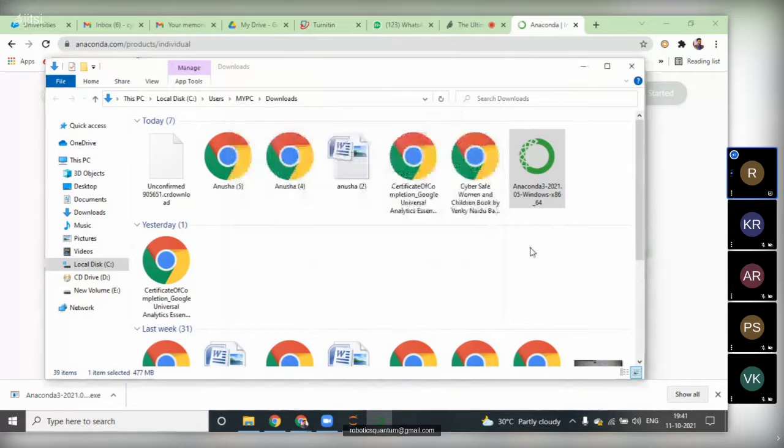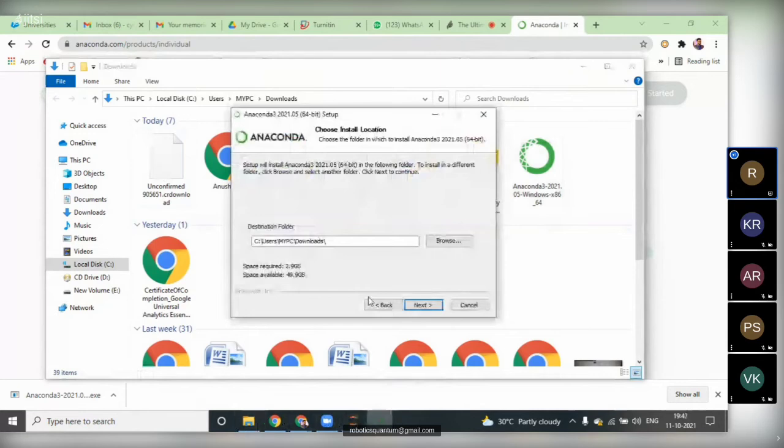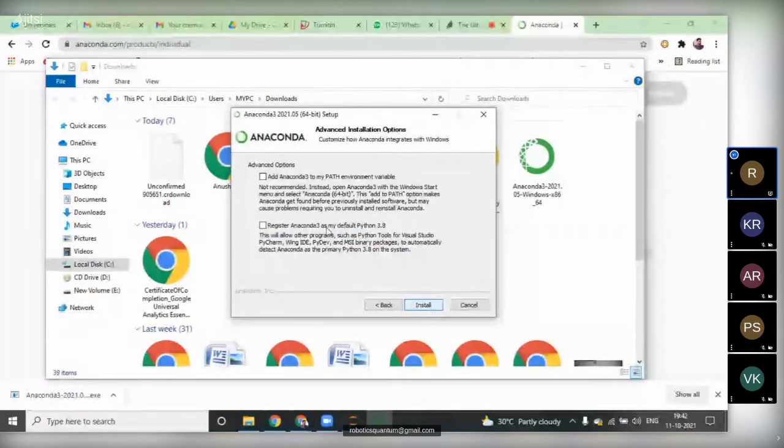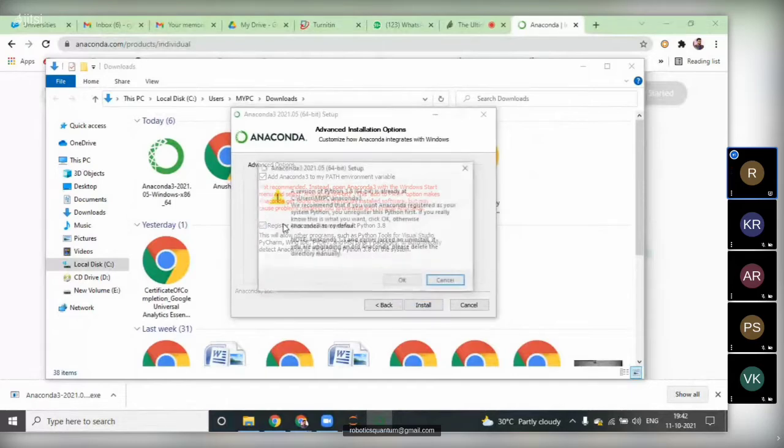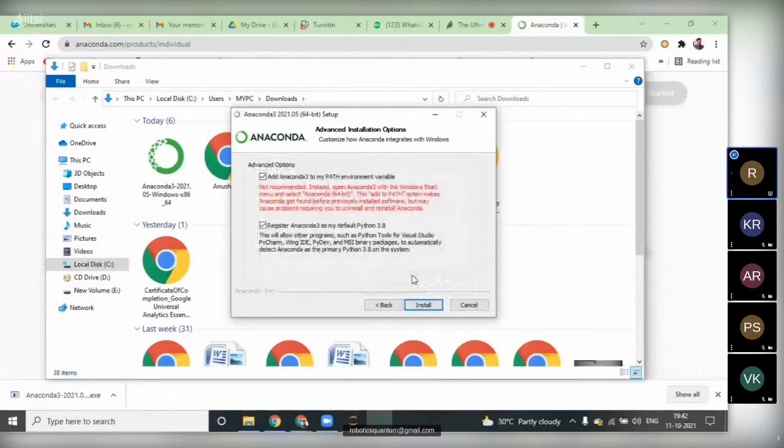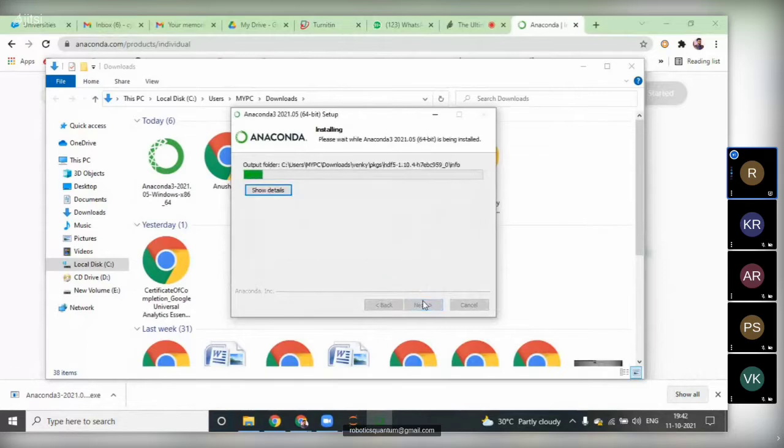So to do this, you have to create a folder, because that folder must be empty. Or let us create a new folder. I'm creating a folder. After selecting that, it's showing two options. You must select the option to add Anaconda to the path and register Anaconda as my default. When we click on this one, it's asking us to make it the default path. When you click on this, it starts installing Anaconda Navigator in our system.